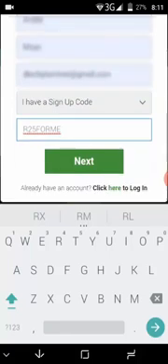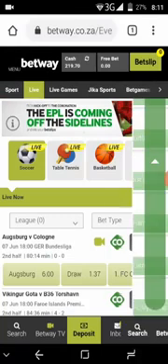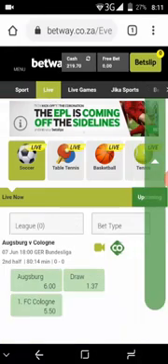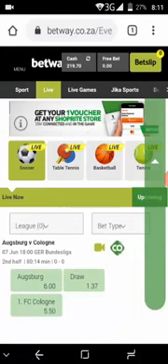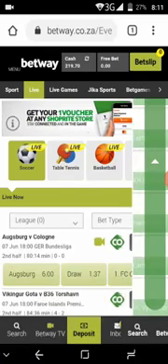Alright, then it will ask you an ID number, and then simply enter your ID number, and then that's all. Alright, after registration, if you have used that code, you will see here under free bet, there will be a 25 Rand free bet. Alright, the next thing that we want to do is to download this Betway app, so